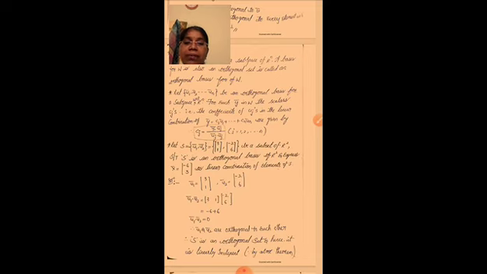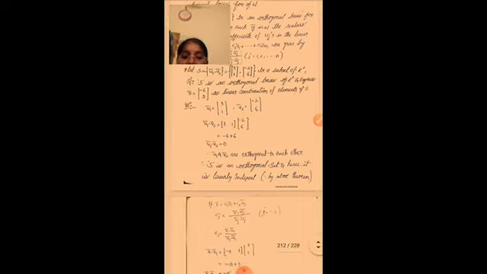For each y bar in W, the scalars cj, that is the coefficients of uj bar in the linear combination of y bar equal to c1 u1 bar plus c2 u2 bar plus and so on up to cn un bar, are given by cj is equal to y bar dot uj bar by uj bar dot uj bar, for j equal to 1 to n.